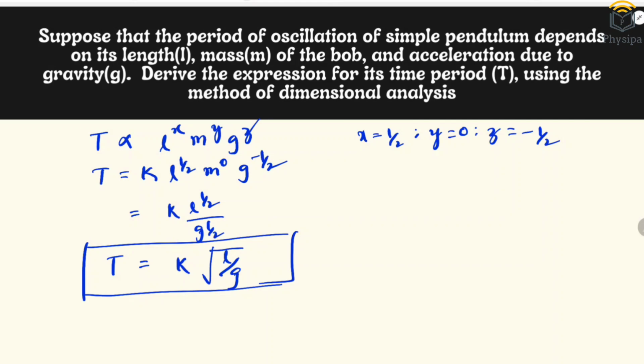The dimensional analysis only checks whether the time period depends on length, mass and acceleration due to gravity g,